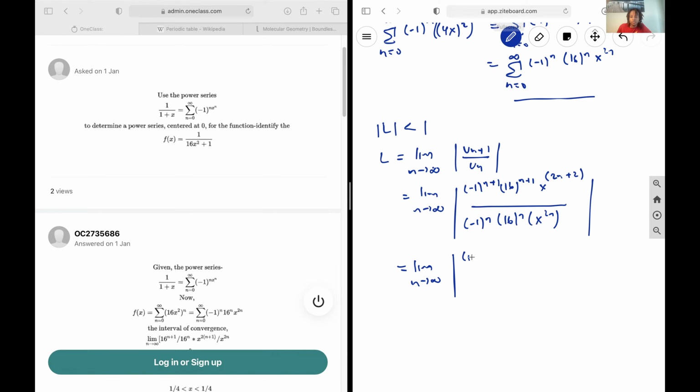And it'll become negative 1, just using exponent rules. So negative 1 to the power of n plus 1 minus the n in the denominator, into 16 to the power of n plus 1, again minus the n in the denominator, and x to the power of 2n plus 2, minus the 2n in the denominator here. And so that becomes the limit as n approaches infinity of